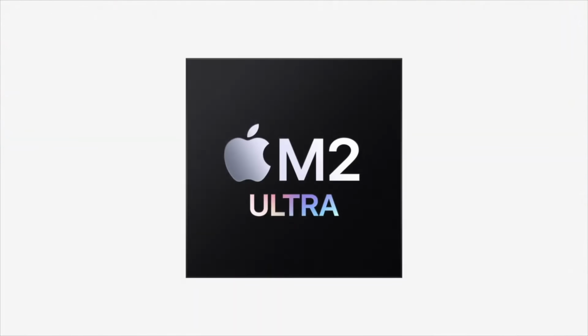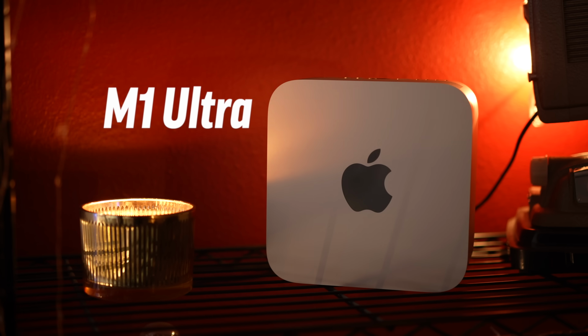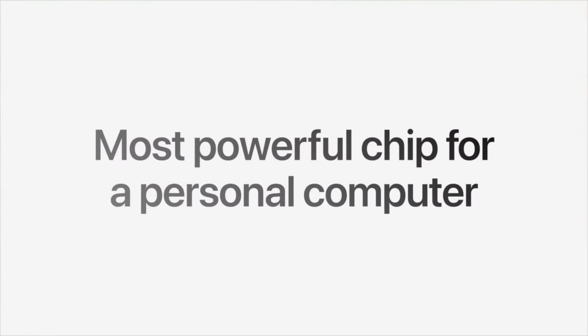Stop, don't order the M2 Ultra Mac Studio or especially Mac Pro just yet, because the performance numbers have just leaked, and honestly, you might be better off buying the M1 Ultra version, which you can get for as low as $3,300 on Amazon. And before I get into the leak scores and explain why, I want to mention that